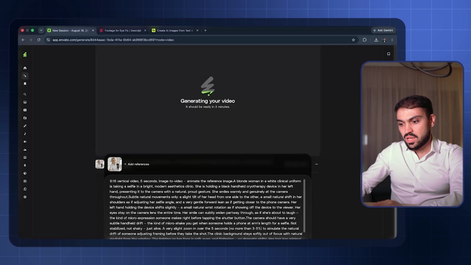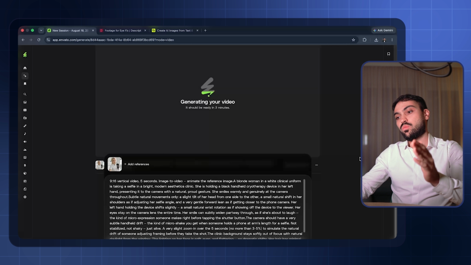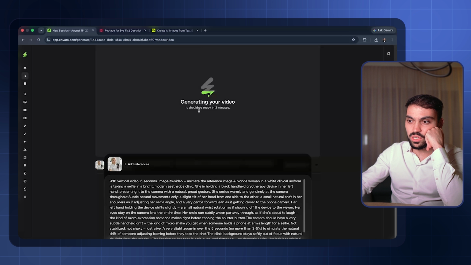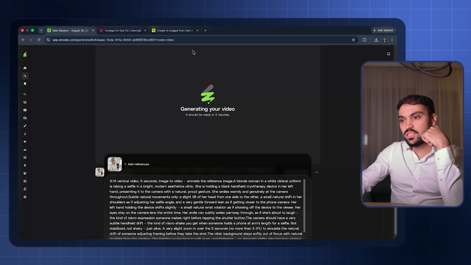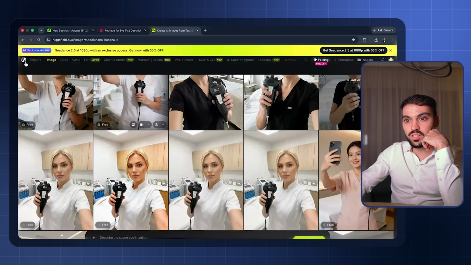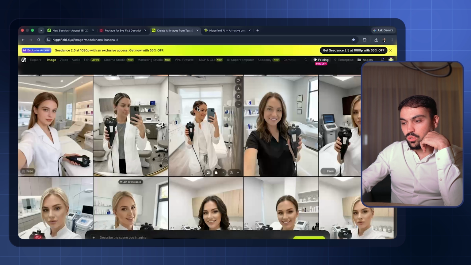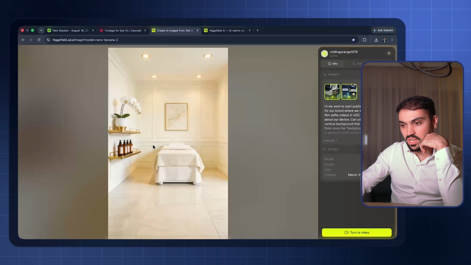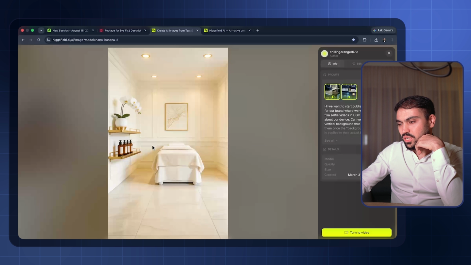Let's see what will happen, because the prompt itself says 9:16 video, so maybe we'll have black sides of the video and the video will be in the center. And while that is loading, I'm going to show you some of the other use cases. By the way, this is the Higgsfield application. We produce these in Higgsfield, so let me just show you some of the other stuff that we've been working on. For example,